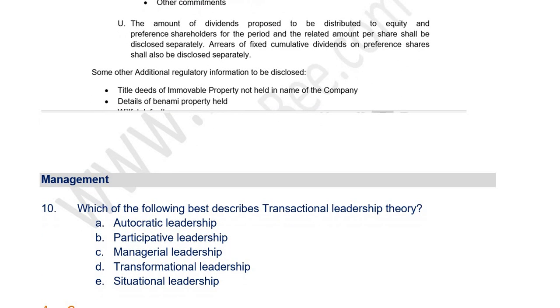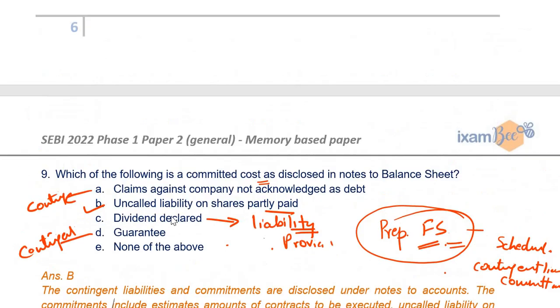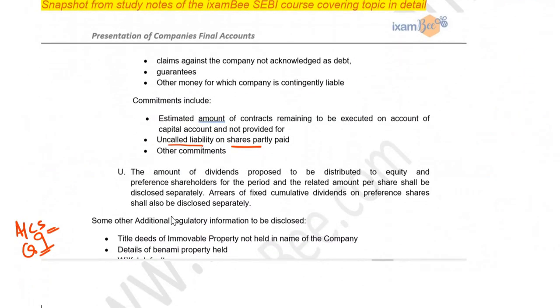Now moving on to the next segment. So we can see there were 9 questions in total from the accounts segment. Now moving to the management segment. In management,